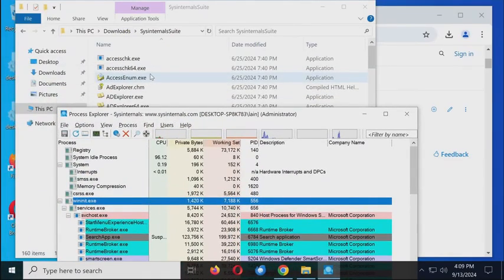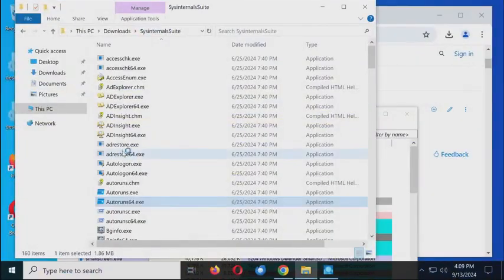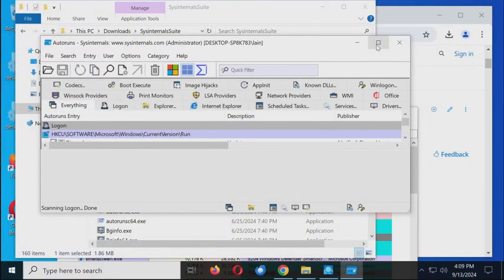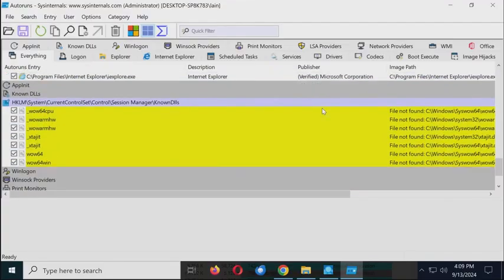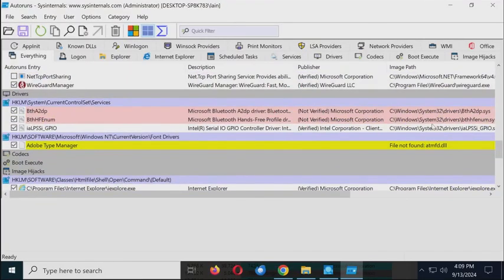Now let's also go and look at Autoruns. Just like the other one, you can get more information by elevating, meaning running as administrator. Now, there is one annoying bug with this program I just have to point out, and that is that a few legitimate Microsoft things do show up as not verified. Those are these drivers,